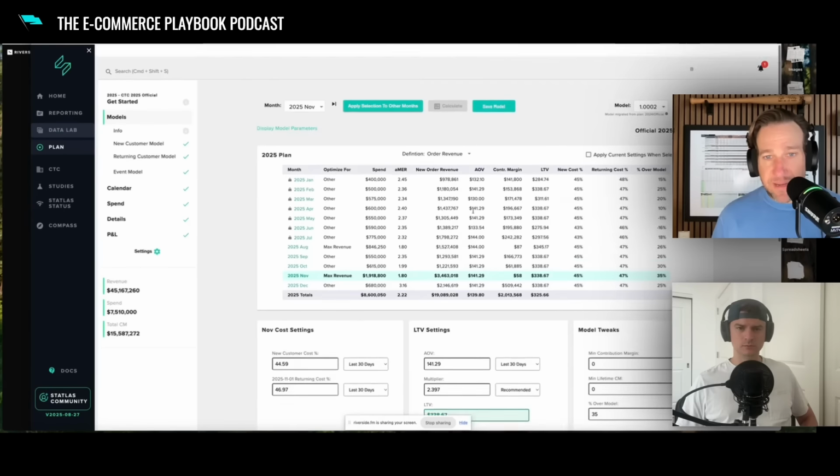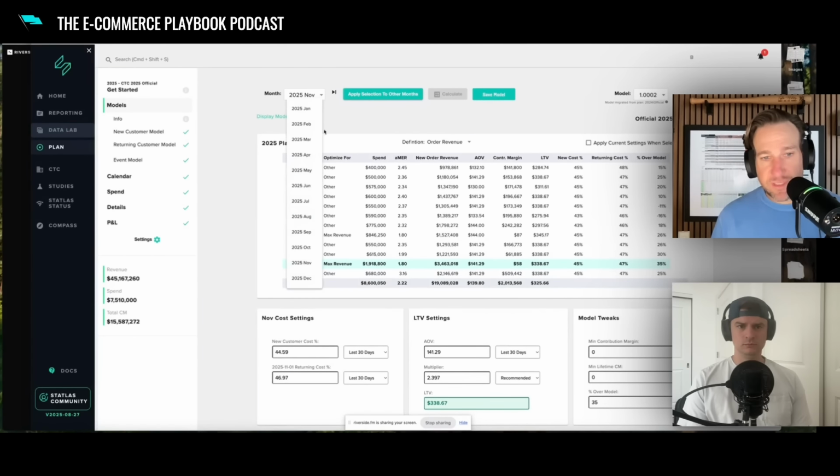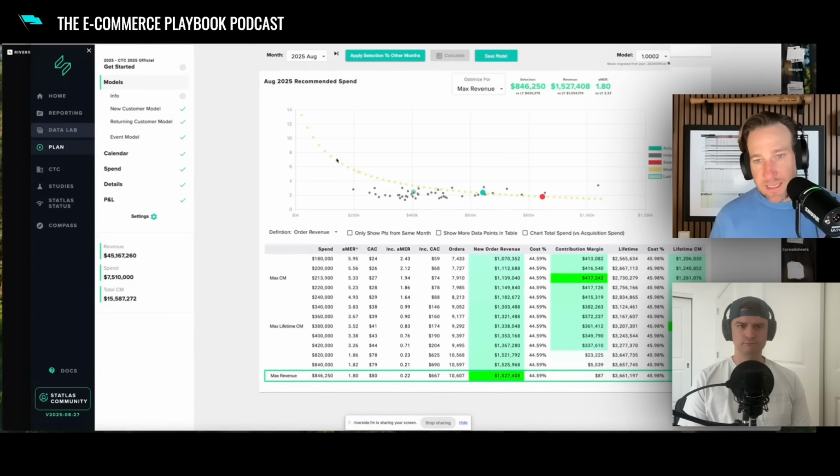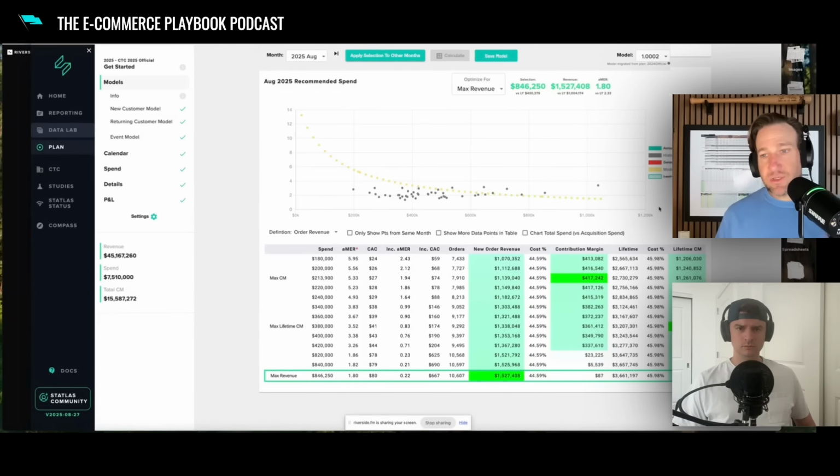The spending power model allows us to look at all of the historical spend and efficiency relationship over time for every month. Seasonality, we know, is obviously a really big component of how e-commerce brands are able to spend. Spending power is different in November than it is in August for most brands. So you can see here, I've got a bunch of different dots in this graph. This initial set of dots shows me the historical spend and efficiency for every month for the brand. And our model then will build a curve for the relationship between spend and efficiency in August for this brand.